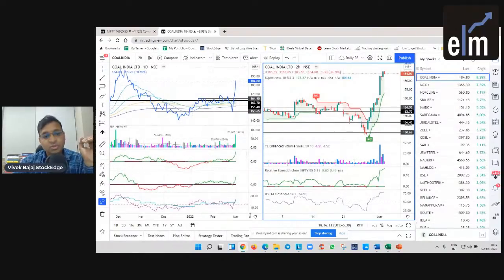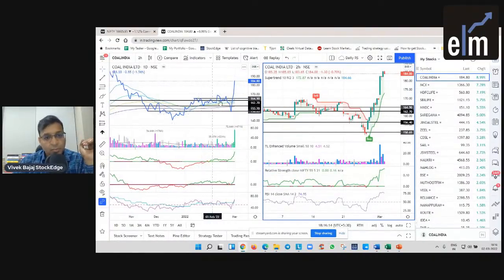So look at this stock, Coal India. It started going up after it made a bottom of 150 in this swing, and it has been a strong stock. So it has gone up from 150 to 180. This was a missed opportunity. Why? Because the market was down below 200 DMA, and this stock was up. So I was not able to capitalize on this. But that's okay. That's my choice. I am okay with a first level of filter in the market, which is the 200-day moving average.